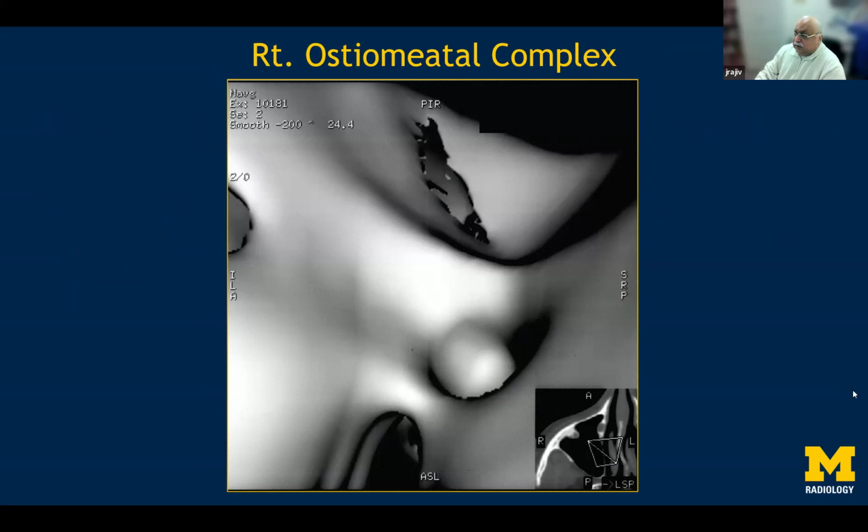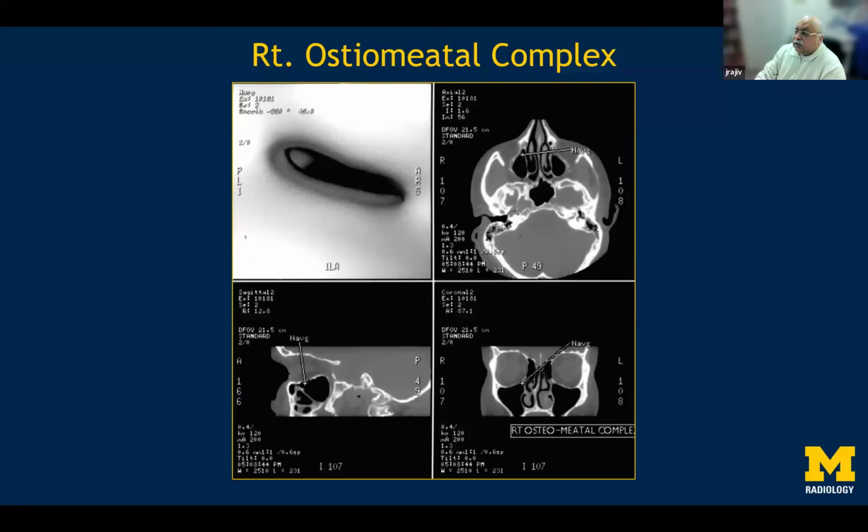And you can see here on the right, this is the area of the hiatus semilunaris, and this is the ostium of the maxillary sinus, which is seen in the center in a magnified view. This is another view of the sinus with the position of all the